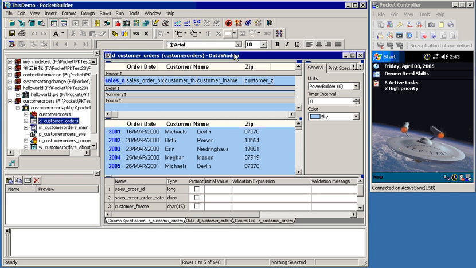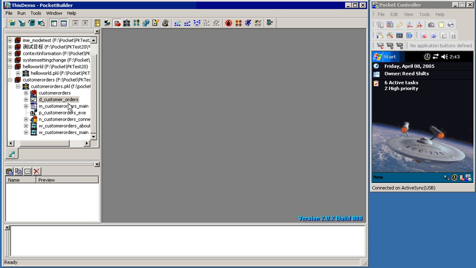You can see that I've changed the look of the data window a little bit. Nothing great. I've changed the header a little bit to look nicer, a little bit of formatting. Nothing major, just to make it look a little bit better. Let's close that window. Now, you'll see I have the SOTI's Pocket Controller over on the right-hand side attached to